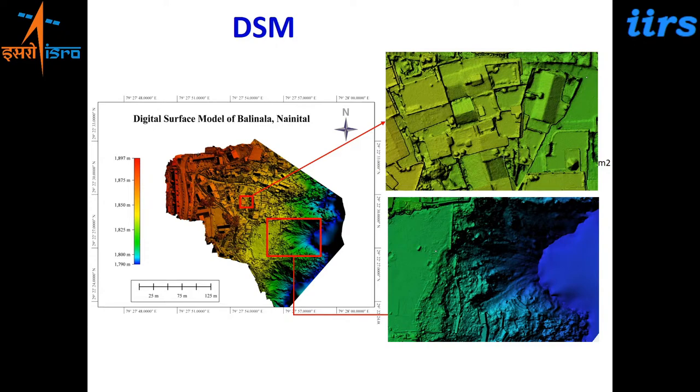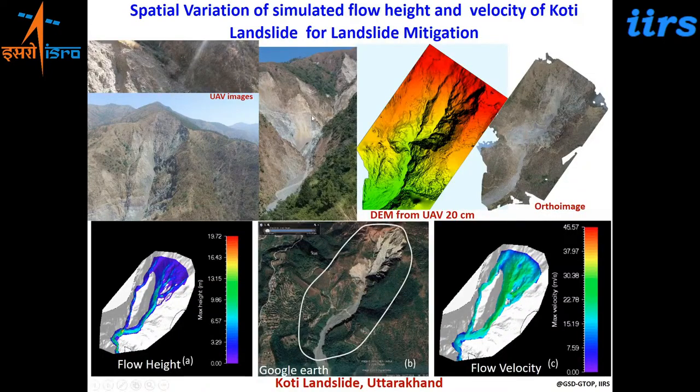This is another example, an inactive landslide temporarily, but we did a simulation study here where drone data was acquired along the direction of the slide itself. We did it with a quadcopter rather than a fixed wing drone, and a 20 centimeter digital elevation model was generated. Then using a flow modeling technique with this very, very high resolution slope information, it was modeled to see, if the landslide triggers, at what rate, what will be the flow height and the flow velocity of the debris, and which regions will be impacted.